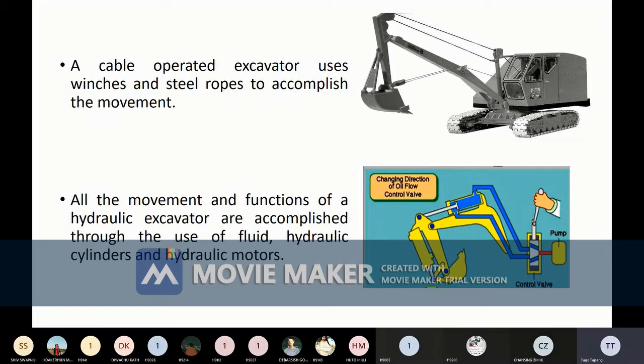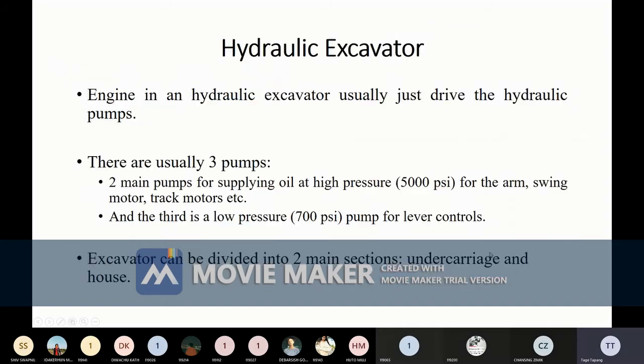Now, such an arrangement with a DCV will also be available for this cylinder. For this cylinder there will be another joystick which will be controlling another DCV. So for each cylinder a different DCV will be available. Alright, so today the modern hydraulic excavators do all the works which were earlier done by cables and steel ropes, using hydraulic fluid. So this is the application of hydraulic systems on land reclamation machinery.